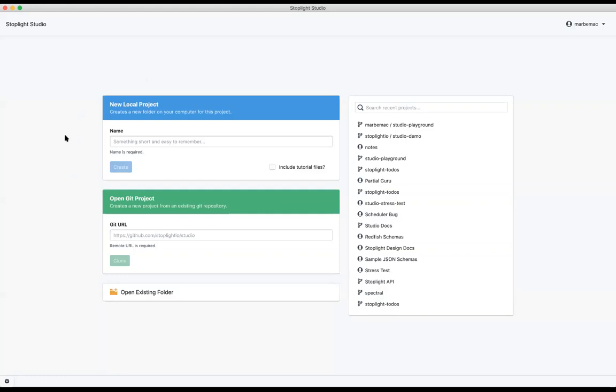So I'm here in the desktop version of Stoplight Studio. It's available for OS X, Windows, and Linux. There's also a web version that Chris will show at the end in the third demo. But for the purposes of this one, I'll be working in the desktop version. You can download this at